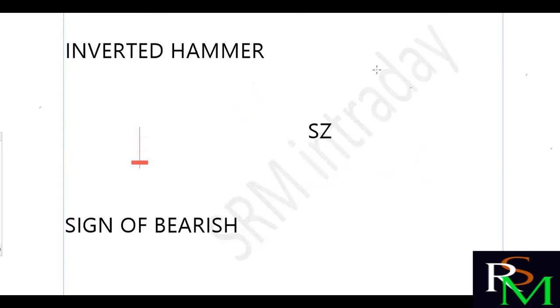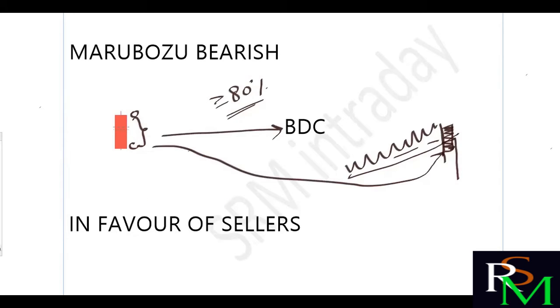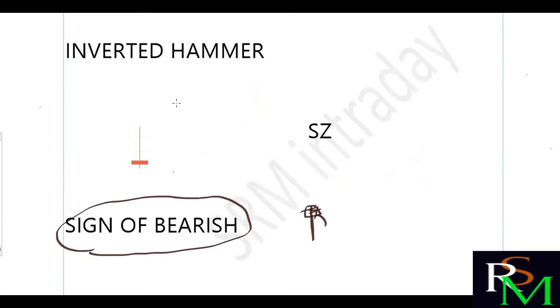And the inverted hammer. This is a hammer, I think you know the hammer. This is an inverted hammer. It is also a sign of bearish. But if a breakdown happens with this inverted hammer, do I take the breakdown action? No, friends, less probability. But this candle has some importance. If you randomly open the chart, you can find so many bearish inverted hammers.